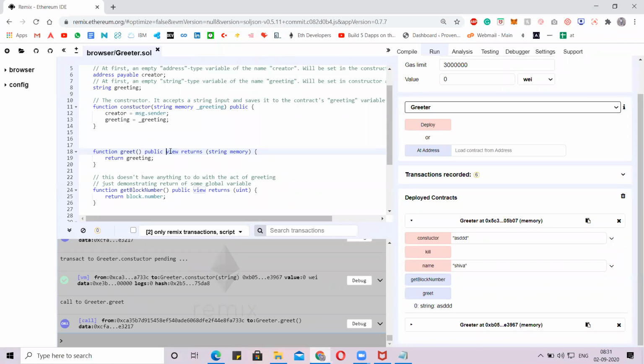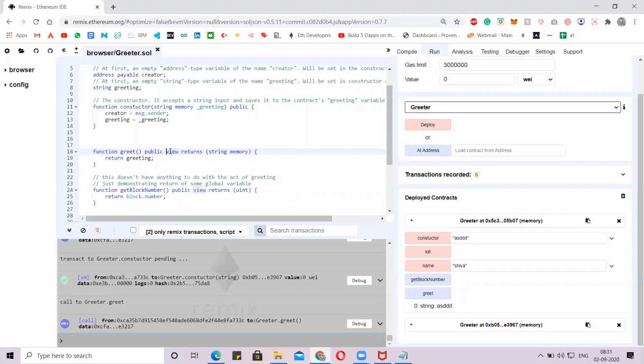It's predefined in Solidity, where by using view we are telling the contract we are using this function to view only the data which we want. Is that clear, guys? Great observation, everyone.